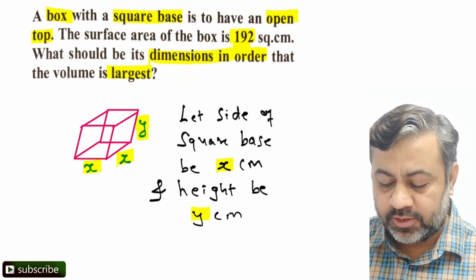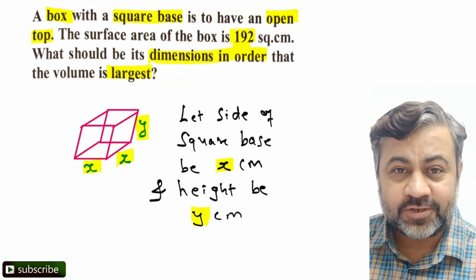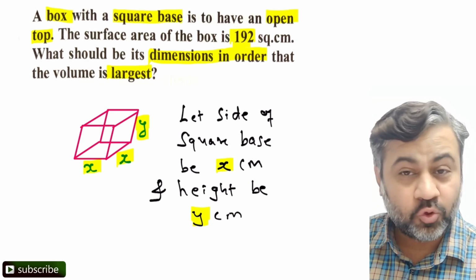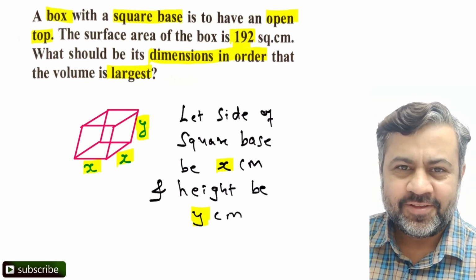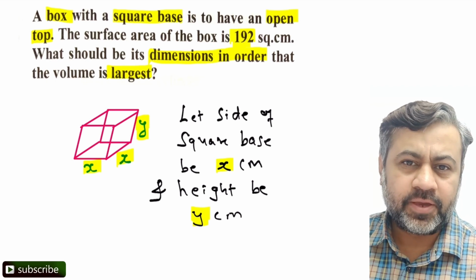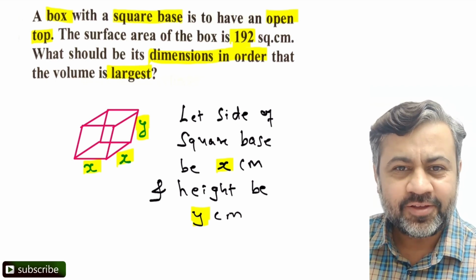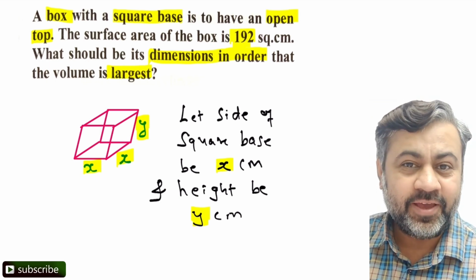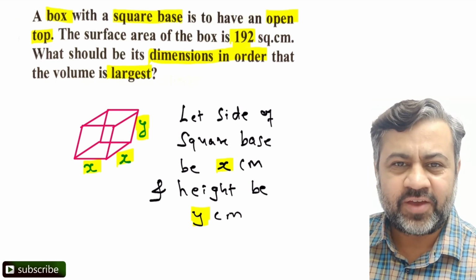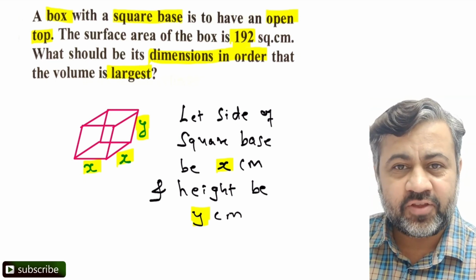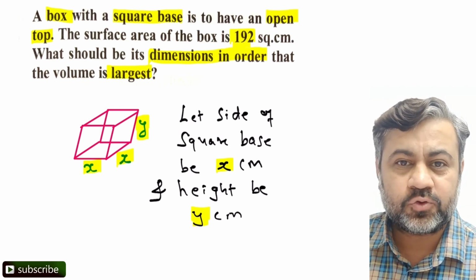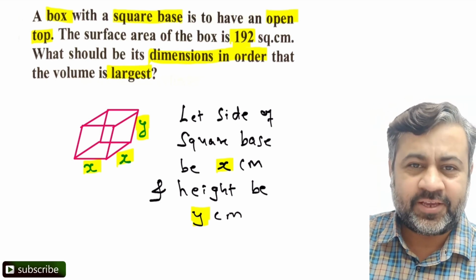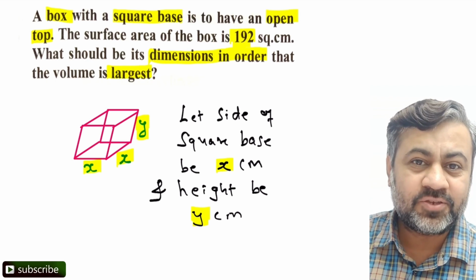Now what I need to do is first make sure that I write the surface area nicely, because two variables are involved here, right? One is x, one is y. The base is a square base, so length and breadth are the same, so it is x and x. So you have to use only one variable there, but you have one more variable, that is height, which we are taking as y. Now the condition they have given in the question is that the surface area is 192 square centimeter. Now using this you have to write y in terms of x, because you have to maximize the volume.